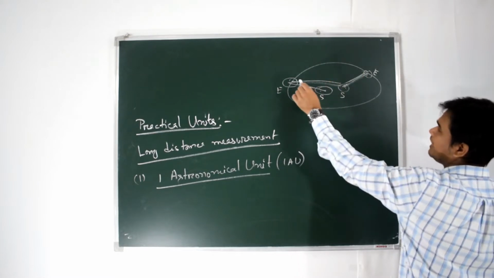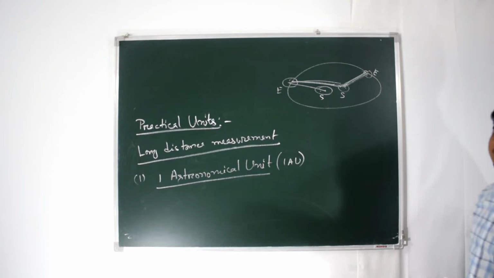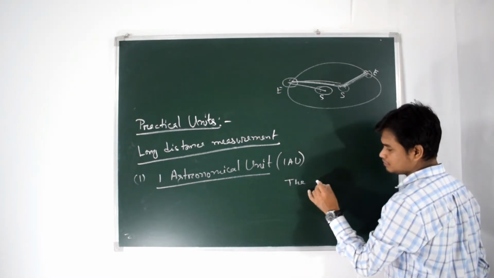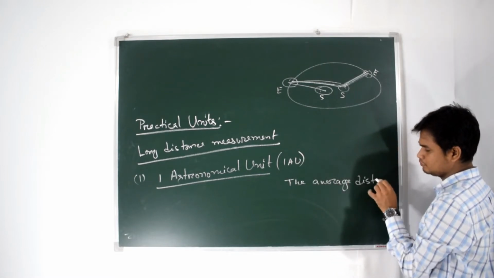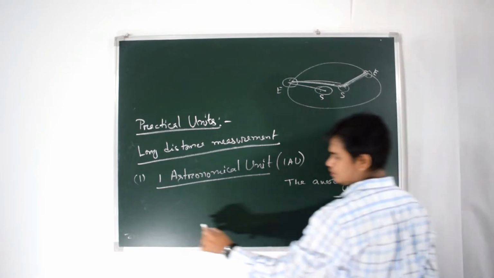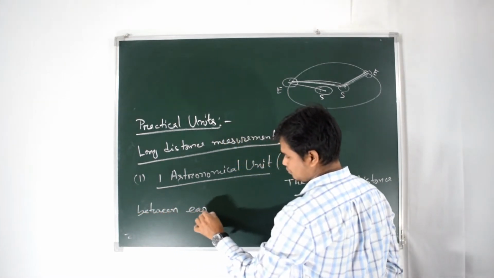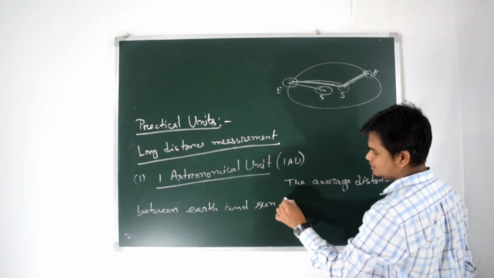So the average distance between Earth and Sun is called